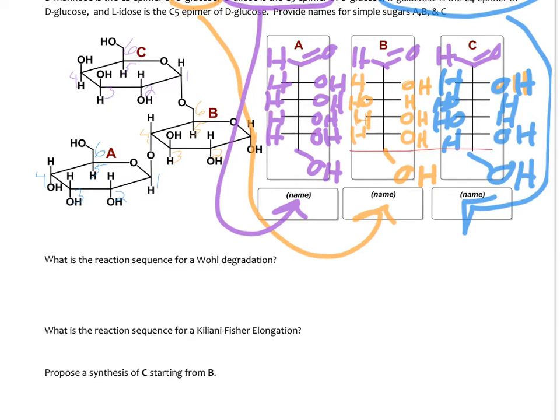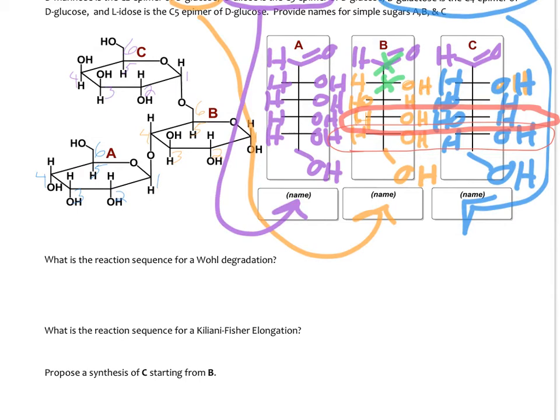Going from B to C, we do not need to worry about switching the stereocenter at C5. However, the next one up, this is a switch. The C4 is epimerized. So what we need to do is take off this carbon, which would make C2 the aldehyde carbon. But we need to epimerize C4, so we need to take this off,